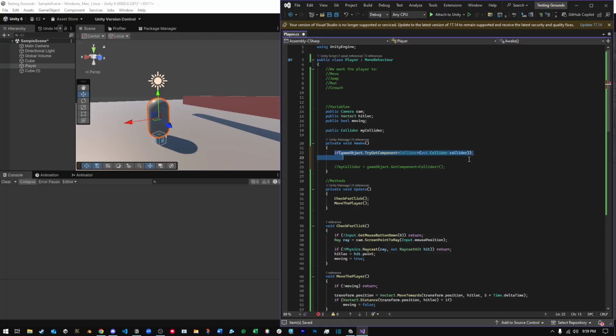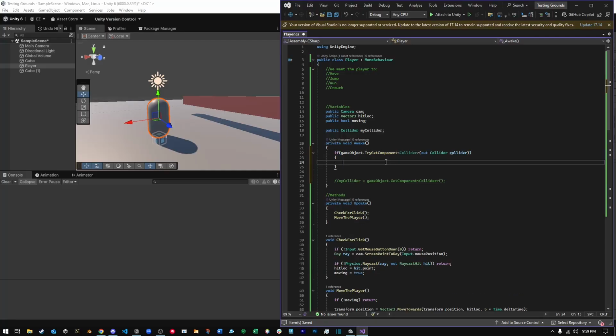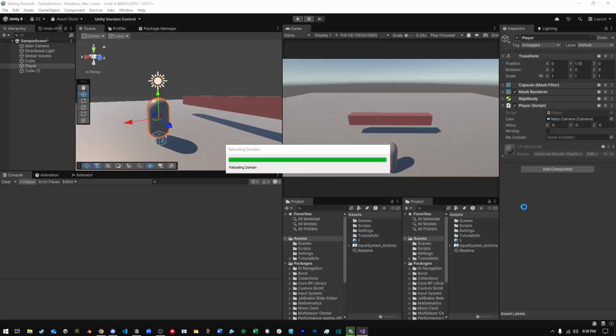So this is what we're doing. This gets the component collider if it's actually there. It tries to get it. So what happens here is, if it actually gets the collider, then we're going to set it. So my collider, this is our reference that is public, is going to equal this collider that we got here. So you'll see this functions the same exact way as GetComponent,